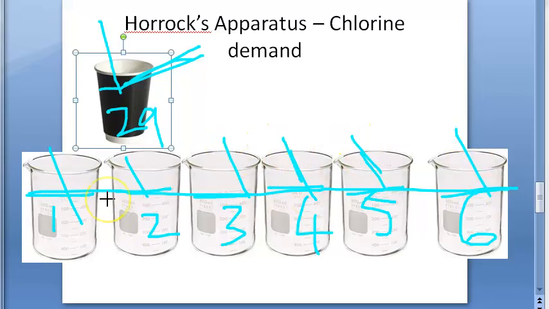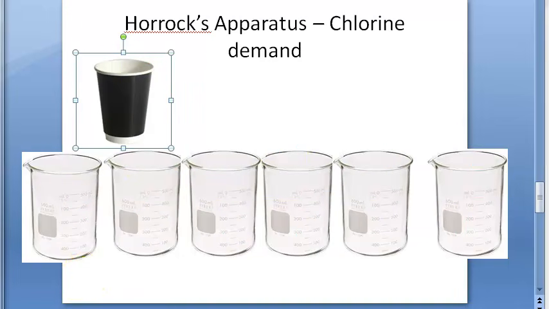Okay. Very nice. Then you will now wait for how long? You will wait for half an hour, for the action of chlorine. Then what you will do? You will add 3 drops of starch iodide indicator. Remember that blue indicator? So you will add 3 drops, 1, 2, 3, of starch iodide indicator to each of the white cups, and then you will again stir.